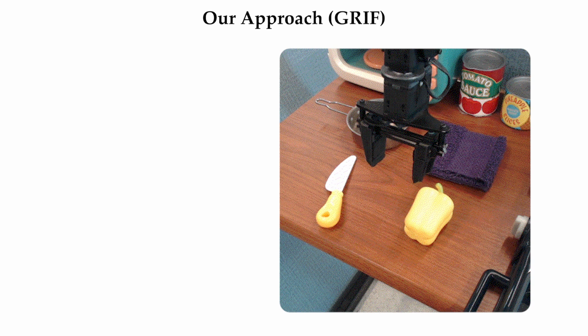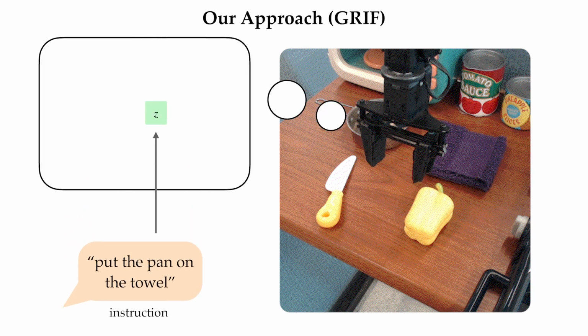Here's an example of how our approach executes a language instruction in this scene. The robot gets the instruction, put the pan on the towel. We convert the instruction into a task representation Z. From this representation, the policy can select an action A. However, we only have a small amount of supervision for this language-conditioned action selection since most of our data is